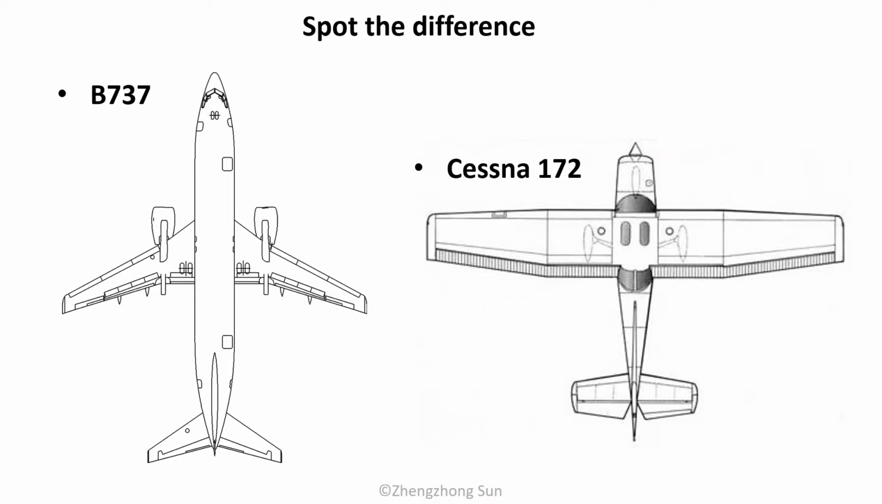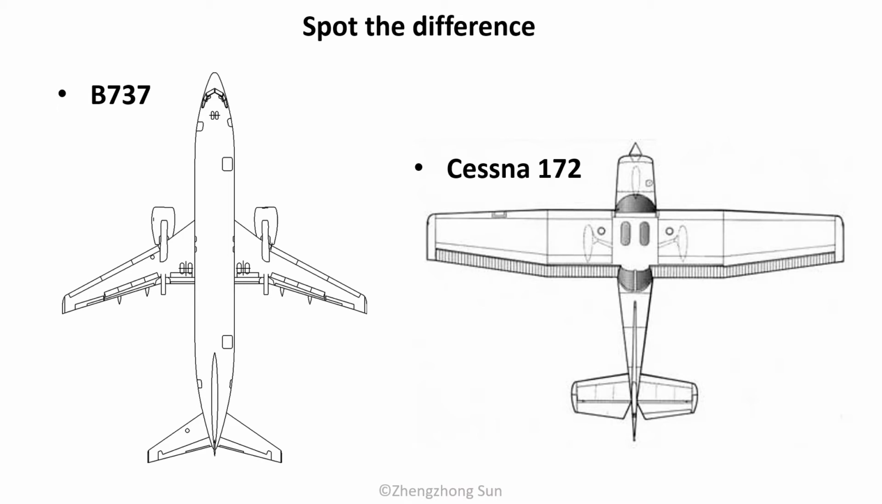Now let's do some exercise. Spot the difference. On the left-hand side is a Boeing 737. On the right-hand side is a Cessna 172. And both are the top view of the two aircraft. And what kind of difference can you spot? So I give you 1 second. Perhaps you may notice the engines are different, right? And so the Boeing 737 uses 2 jet engines, but the Cessna 172 uses a propeller engine. So that's one difference,